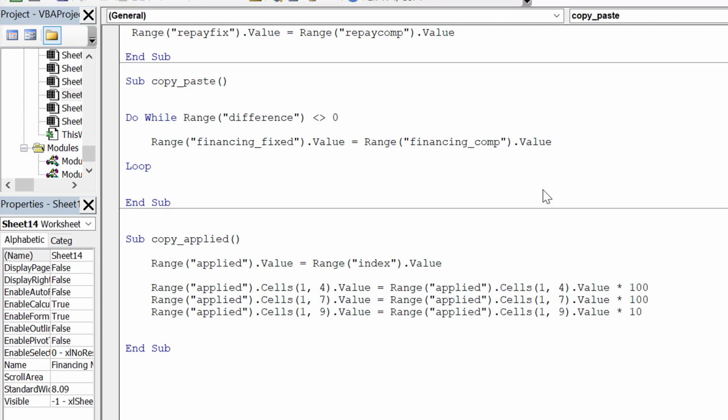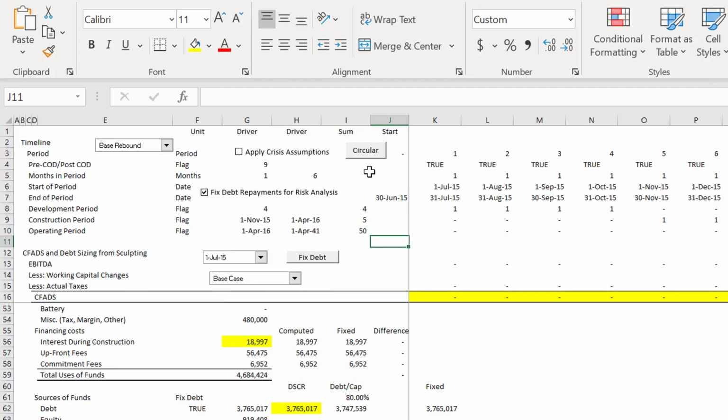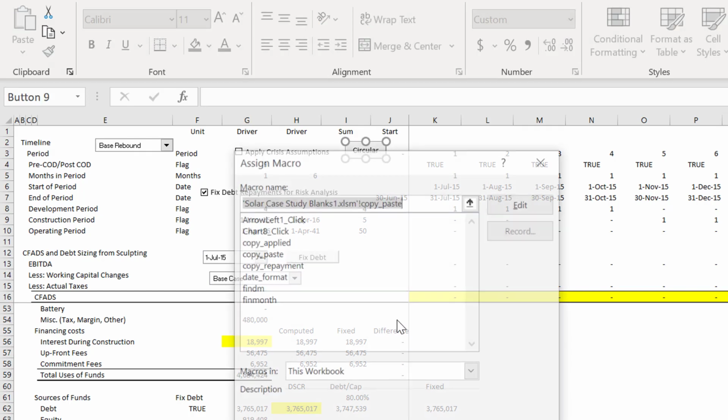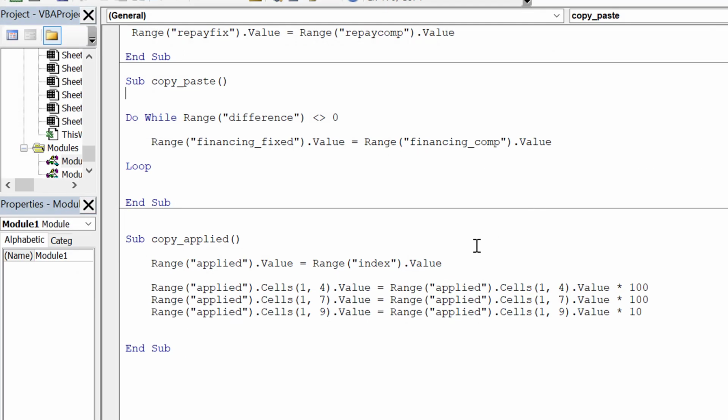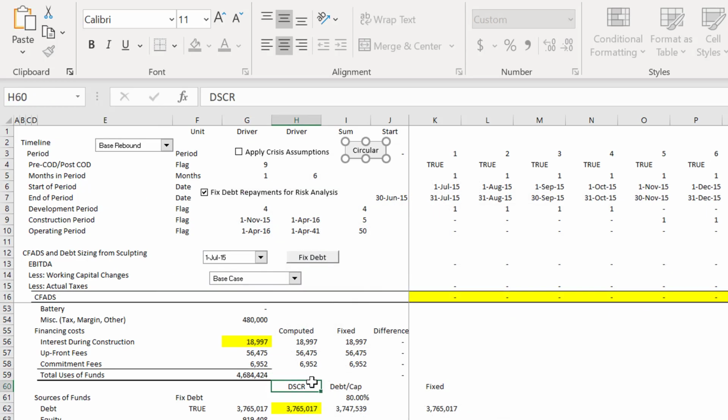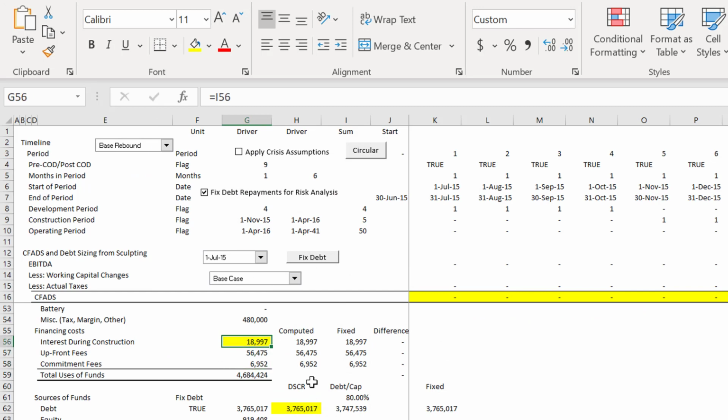I did it on the total financing. So I just fixed this, and it's very simple and very quick, and you do a little loop and you make sure this difference goes down to 0, and I did it on the difference up here. I made sure that this goes down to 0, and I just kept copying and pasting. What did I do? Did I not have to do it the financing fixed compared to the financing computed? And